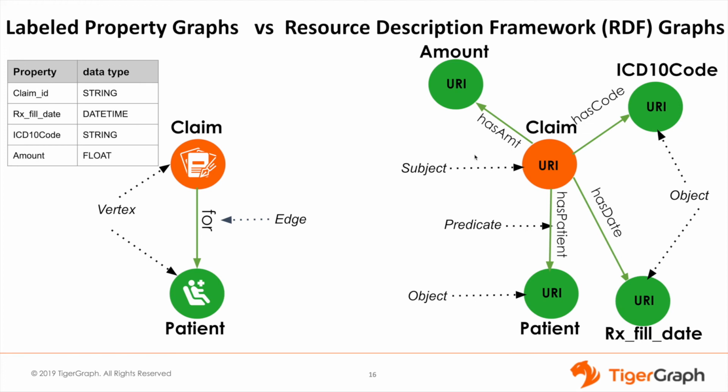The RDF structure comprises a subject, such as a claim, an object, such as the patient, and a predicate, which models the relationship between subject and the object, in this case the claim and the patient. Each attribute, Rx fill date, ICD-10 code, and amount, must be modeled as a separate node in the RDF graph and must be connected with a unique predicate such as has date, has code, and has amount, as shown in